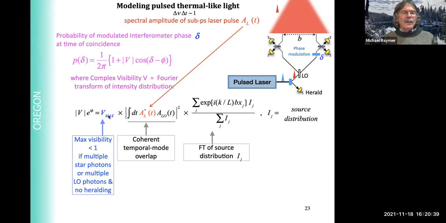And there's other factors here which may degrade the visibility if there's multiple photons from the star or accidentally multiple photons in your local oscillator, and you don't properly implement the heralding protocol so you can know when there's only one photon in the local oscillator. So one thing we do is we turn the heralding on and off,